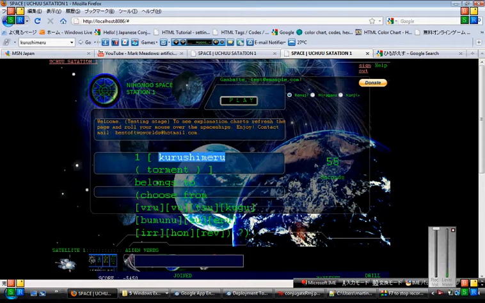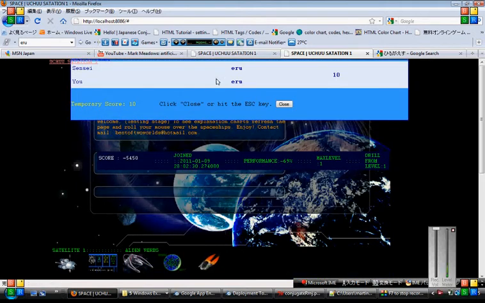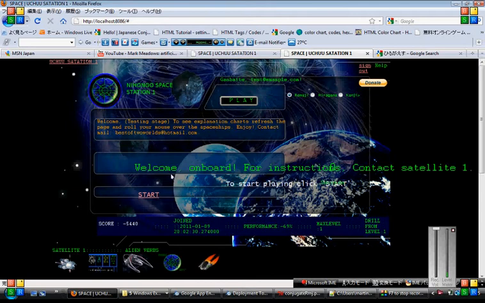Kurushimeru, to torment somebody, to give somebody a hard time. And so as you can see, if you look at the last three letters of the verb, you can see that it ends in ERU. There's a selection here, and one of your options is ERU. So that's what you want. So you click enter, and that takes you to the results panel, and here's the sensei. My answer matched the sensei's answer, so I get 10 points. I close this window,